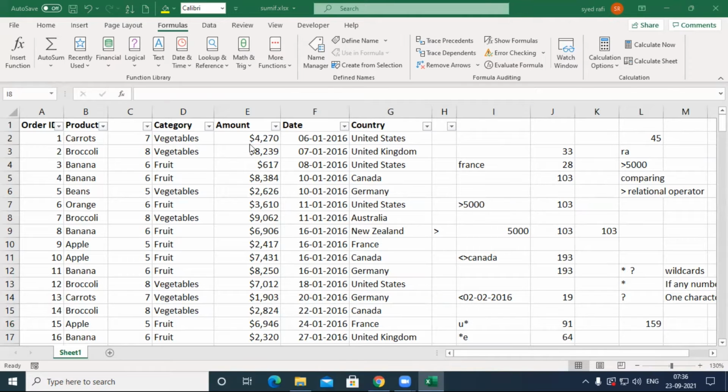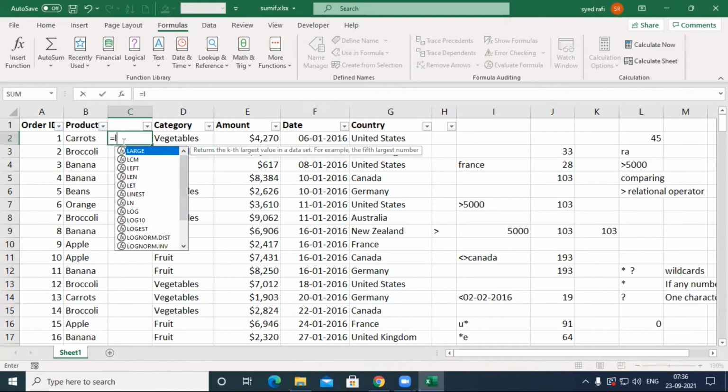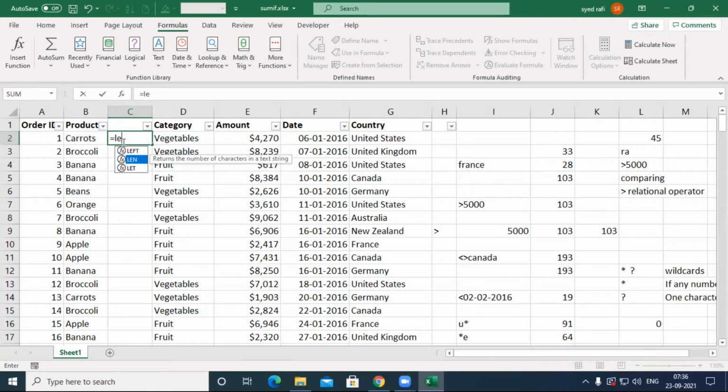Yeah, very good. So someone asked how it is possible. Here I want to find out the length of the products. How many characters are here? I need to count. That's why I use the function equal to LEN, meaning length. I give the cell which contains the text, and it counts how many characters it contains and displays the value.